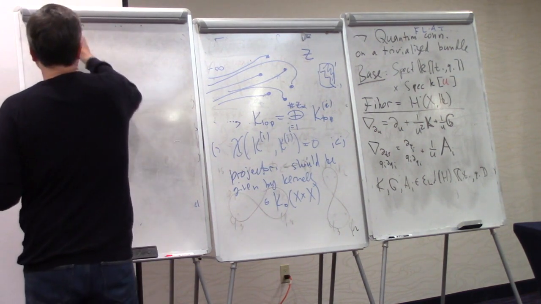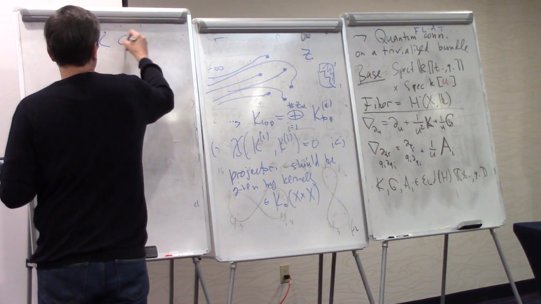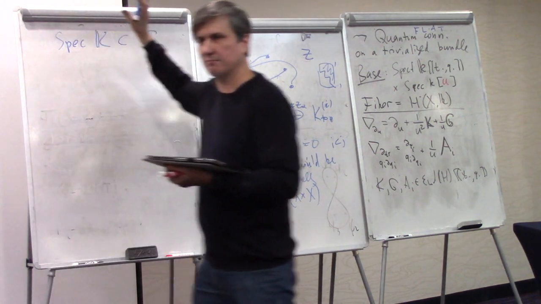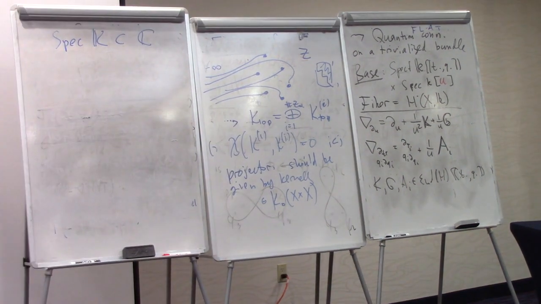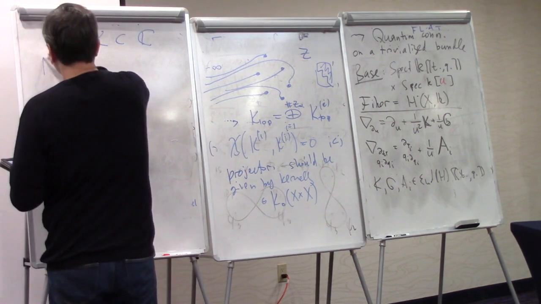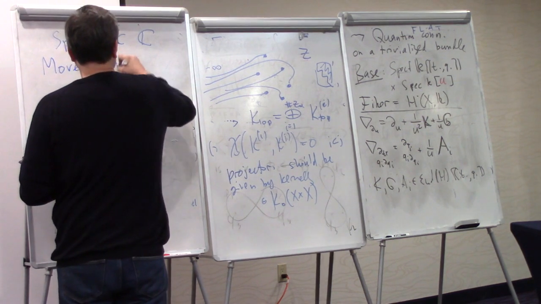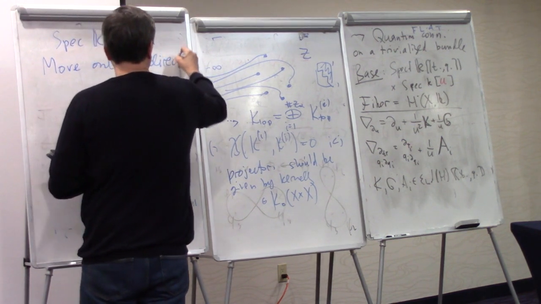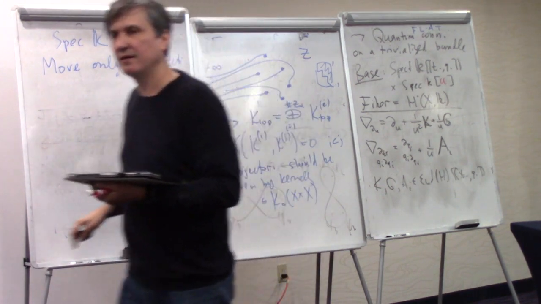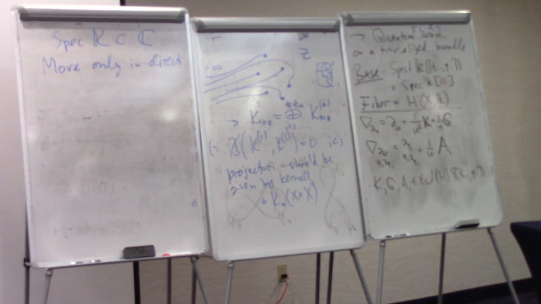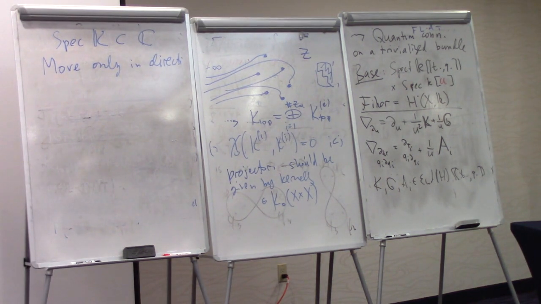Yeah. I should have spectrum of K, and this should be in the complex numbers, not in some p-adic fields. How to do it? The idea is just I have coordinates on my Frobenius manifold, and let's move in directions of the algebraic cycles. So we don't go to generic point of Frobenius manifold, just kind of certain linear subspace. So what's the base of the Frobenius manifold in this object? Yeah, I don't say anything about Frobenius manifold because I don't want to speak about homology. It will be elliptic things. I don't want this elliptic.